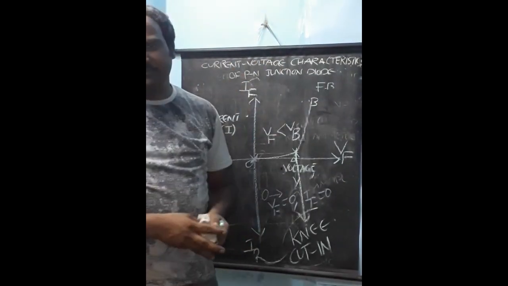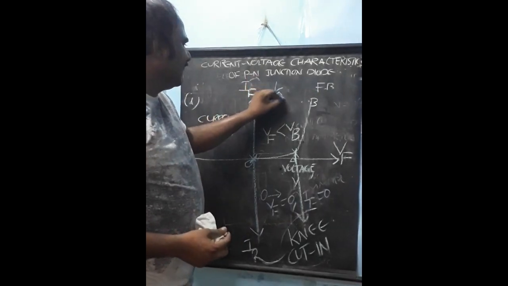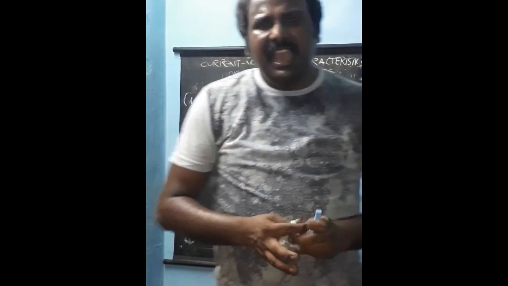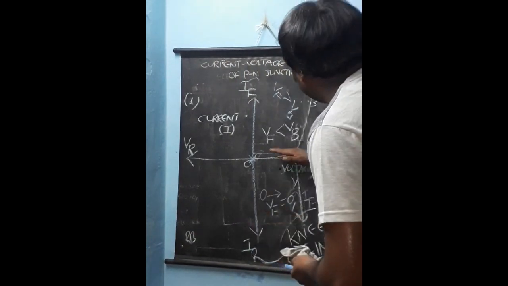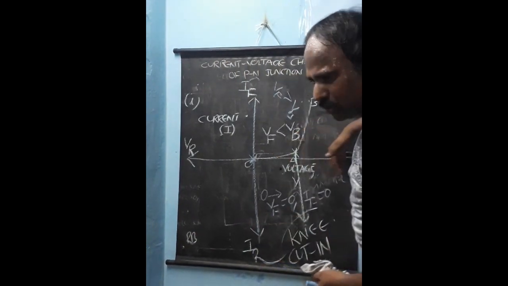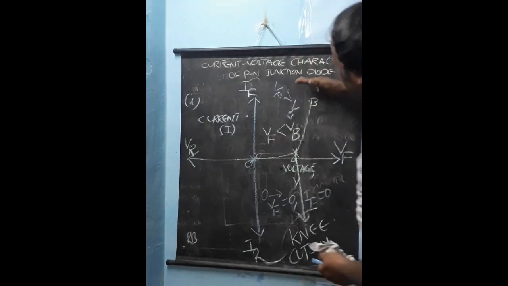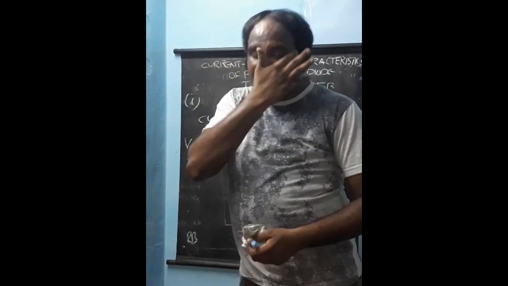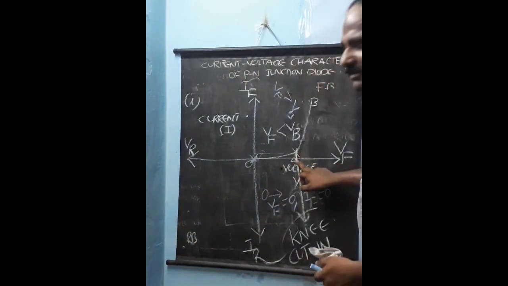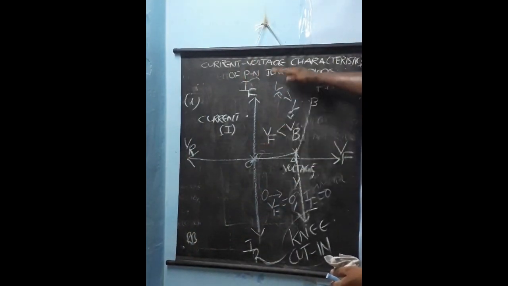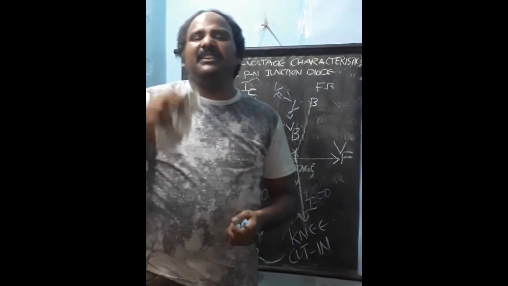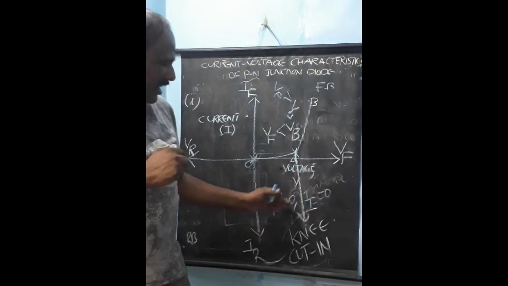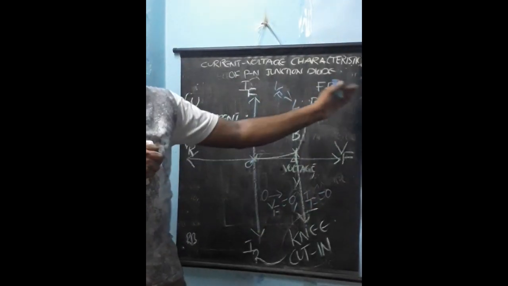But from A, as Vf is greater than Vb, that means forward voltage is more than barrier voltage, automatically, even though there is no increase in voltage, current goes on increasing and reaches point B. So such voltage where current goes on increasing is called knee voltage or cut-in voltage. In such a way, we are going to discuss all the points in forward bias.